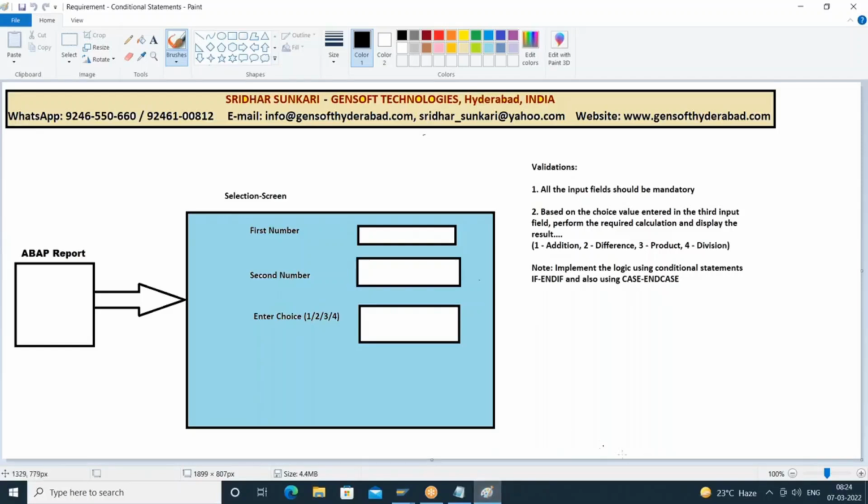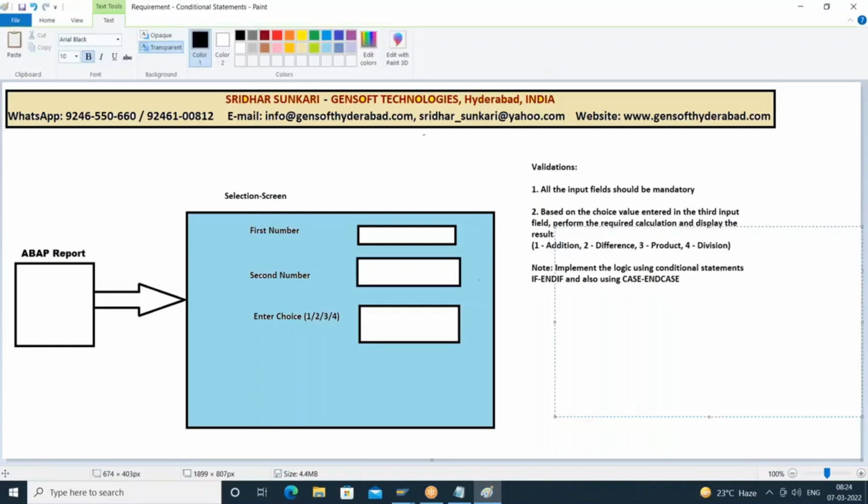So what is the validation here? Based on the choice we enter, based on the third input field value, I need to perform the appropriate operation. If I enter 1, I need to perform the addition. If I enter 2, I should perform the difference. 3 means product, 4 means division. And this result I want to display in the list screen or in the